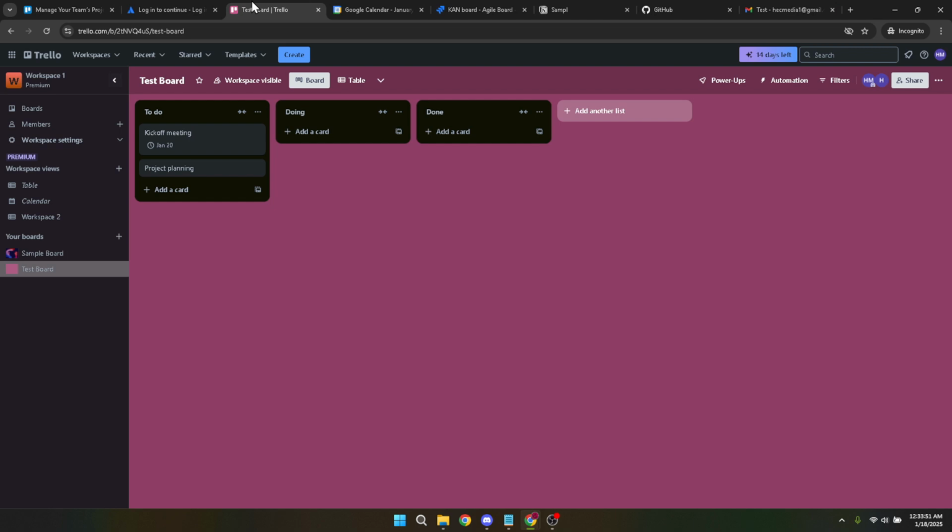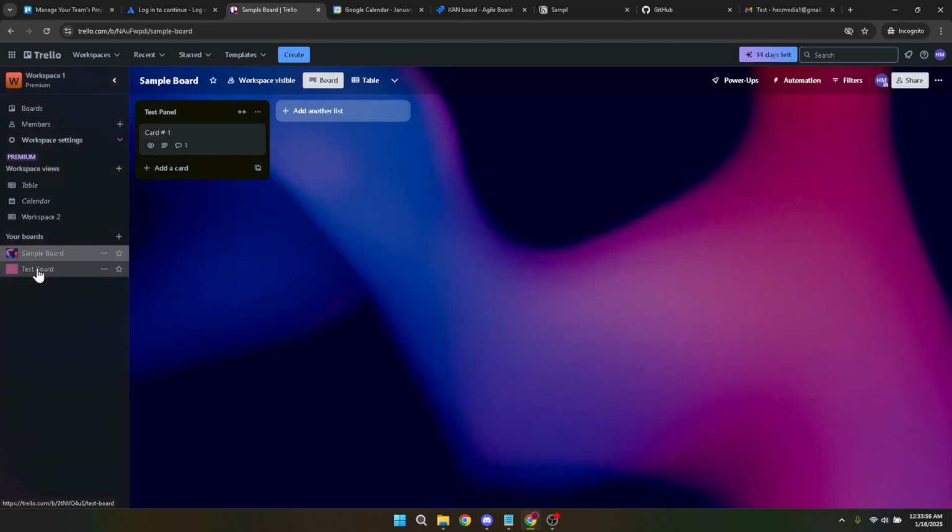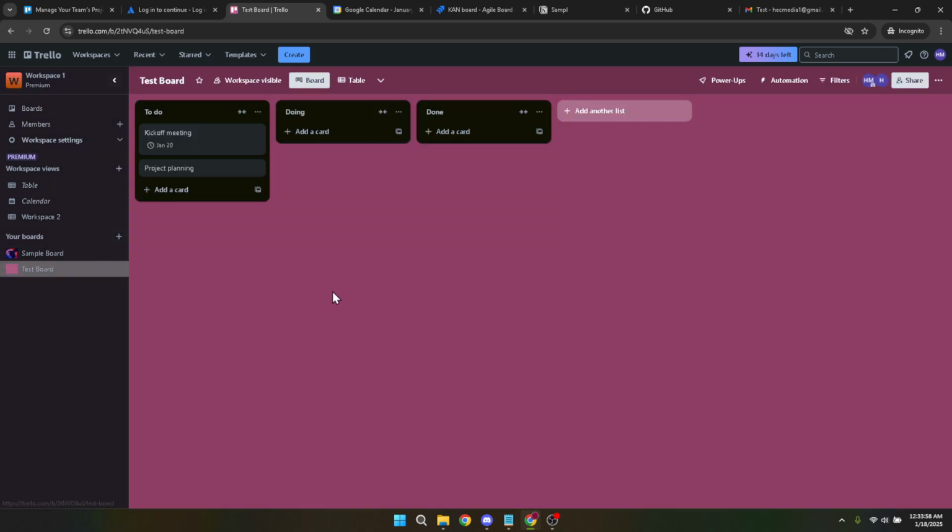Now once you've logged into your Trello account, it's time to access your boards. Here, you'll need to click on your desired board. If you're not familiar with boards, think of them as large digital bulletin boards where all your tasks and to-dos reside. Click on the link to your board and you'll see the workspace where everything is organized.